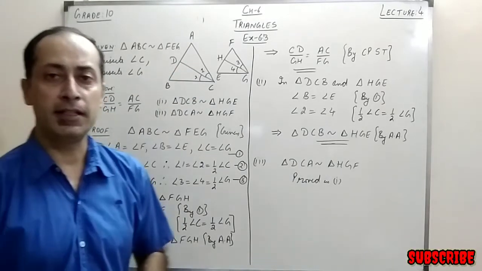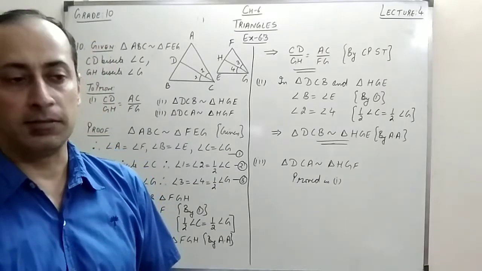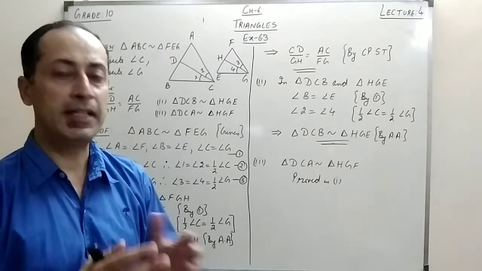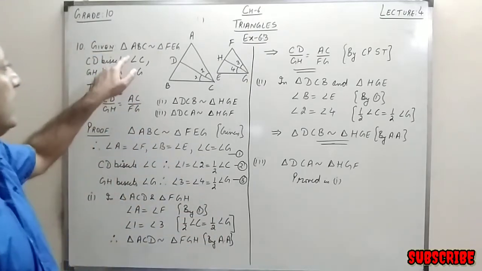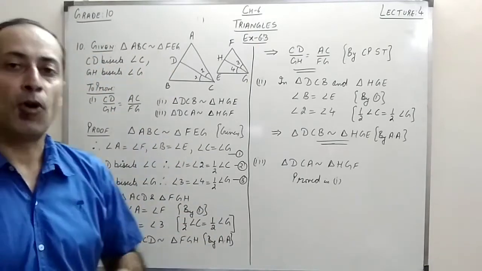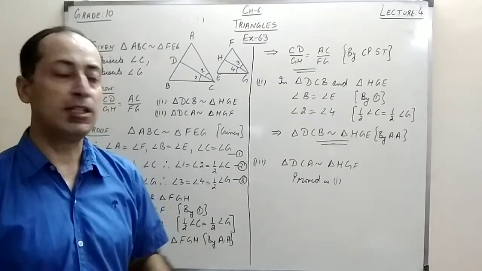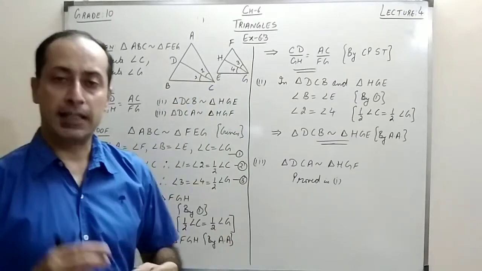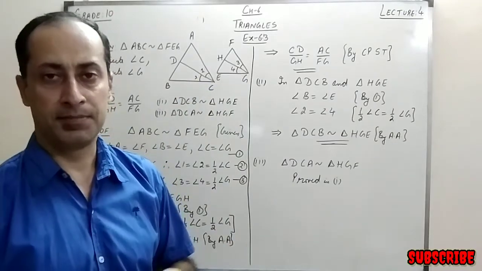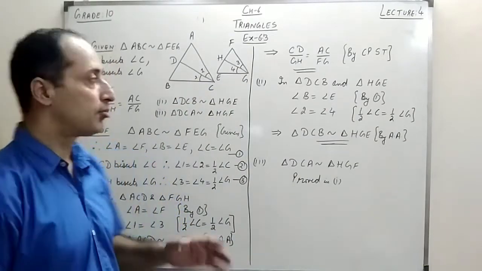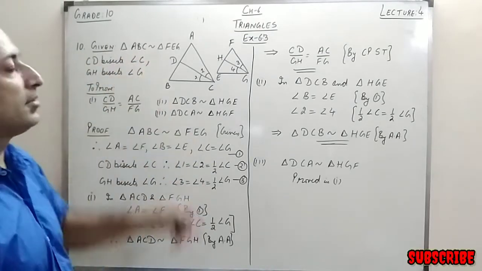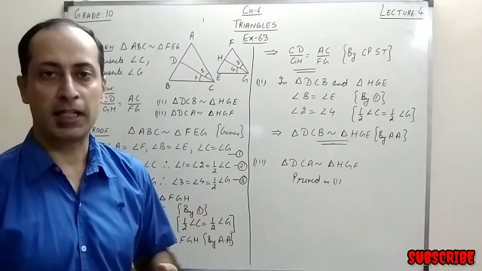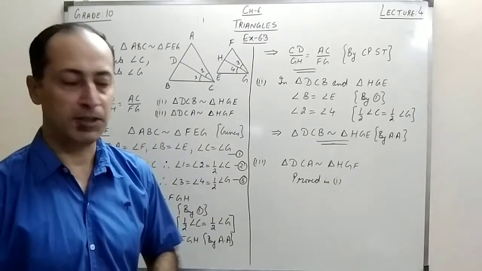Whenever you are naming the triangle, name it according to the way they are similar. Now you can see that ABC is similar to FEG. Normally, the tendency of everyone is to write ABC and then EFG. There can be a slight confusion in that case. If we write according to these names, it becomes a little bit easier to solve the question. It can reduce some of the confusion while doing the question.